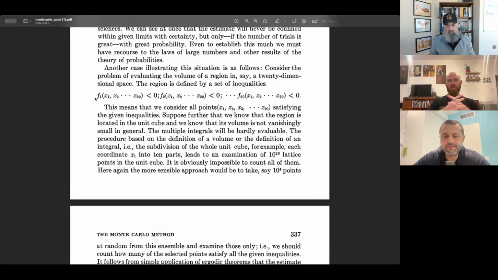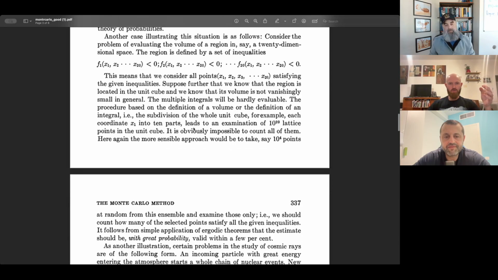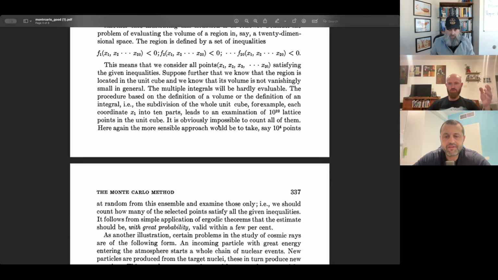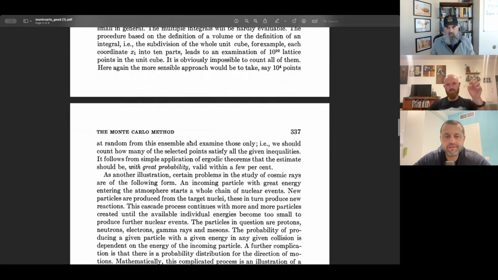So here they calculate not a circle, but some kind of area in 20-dimensional space. So there's some general function with 20 variables. And they say, okay, if you want to do it numerically and do all the calculations, it's going to be plenty of calculation, right? Depends on how you discretize each dimension. And instead, you can just do sampling,